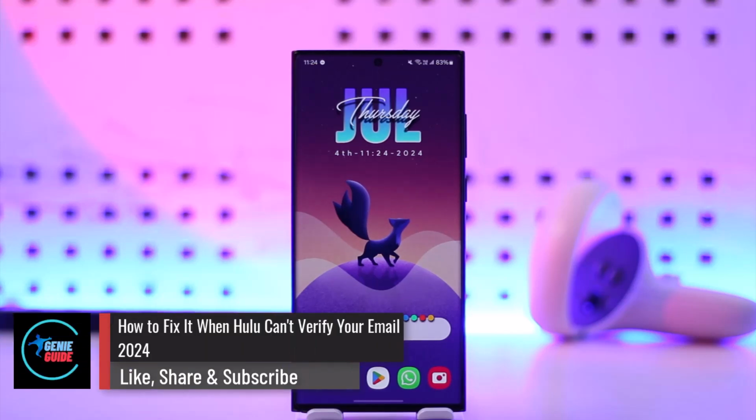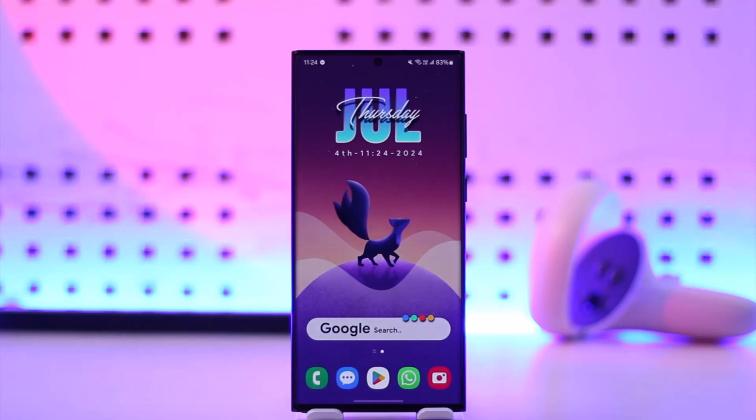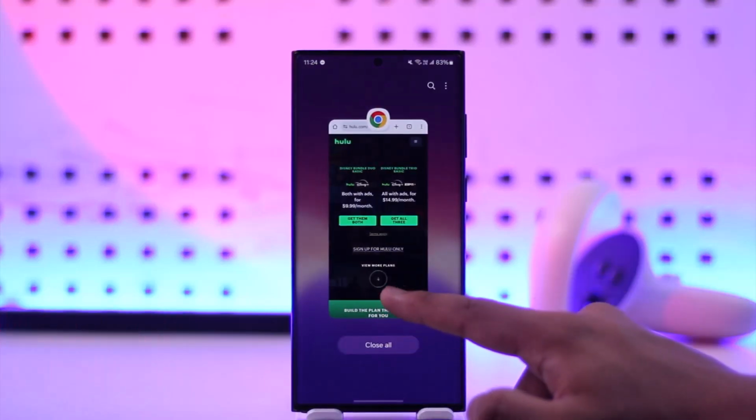How to fix when Hulu can't verify your email. Now, sometimes you might have forgotten your password, you might have been trying to reset it, or maybe you're trying to reauthorize your login, or maybe you're trying to sign up, but then Hulu simply says that it cannot verify